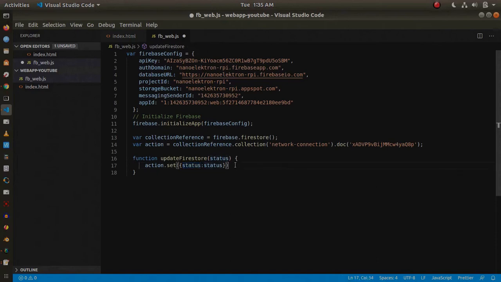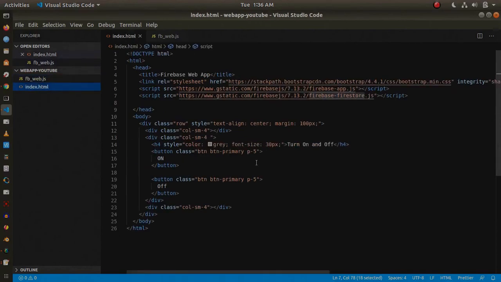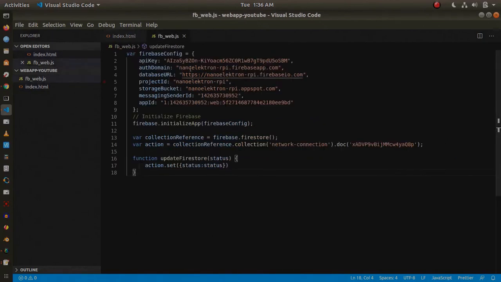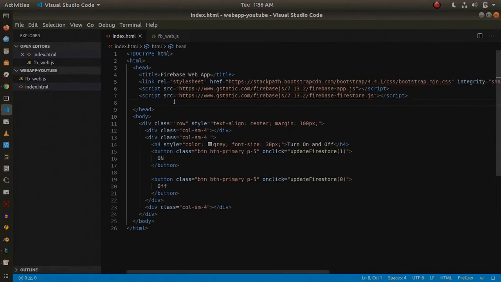The status before the colon is just a property name, and the status after the colon is the function parameter which we'll be getting from the button clicks. Let us now update the button clicks. Let us also not forget to include this JS file inside our HTML.